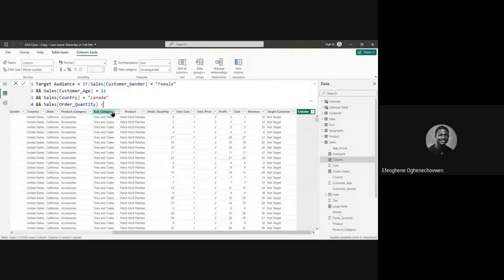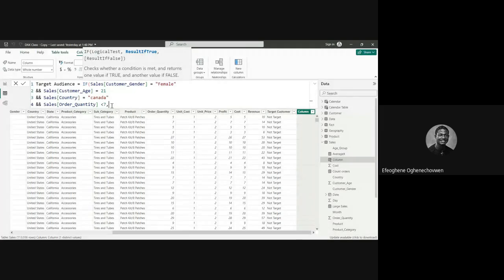Now remember, we want to see those people that are not interacting well with our products. There are so many factors. Less than 7, okay. And we cover the bracket. Okay, not bracket. So we finish right now a logical test. All right, logical test. So if all these conditions are met,